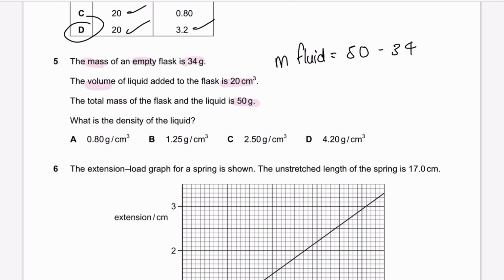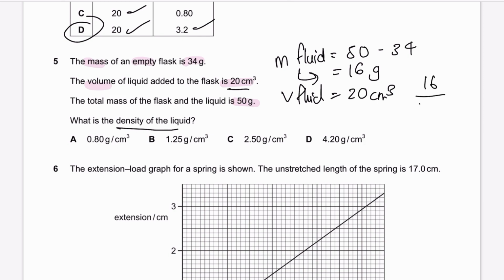50 minus 34 gives us 16. That is the mass of the fluid. 16 grams is the mass of the fluid. The volume of the fluid is 20 centimeter cubed. Therefore, the density of the fluid or the liquid is